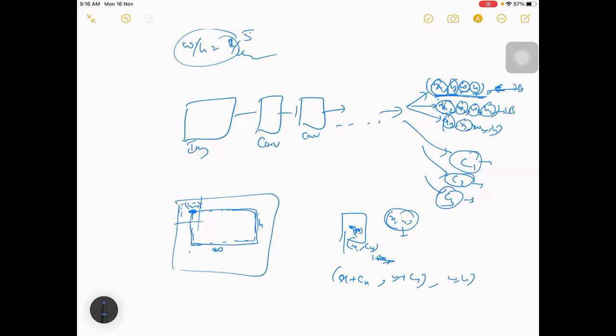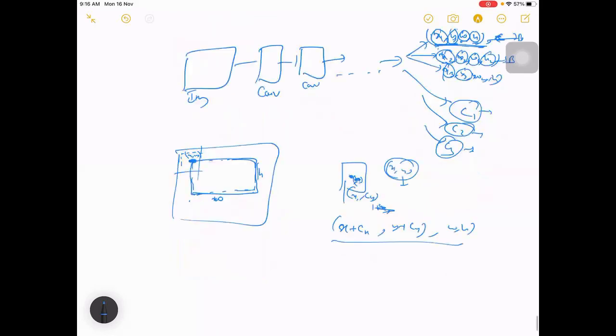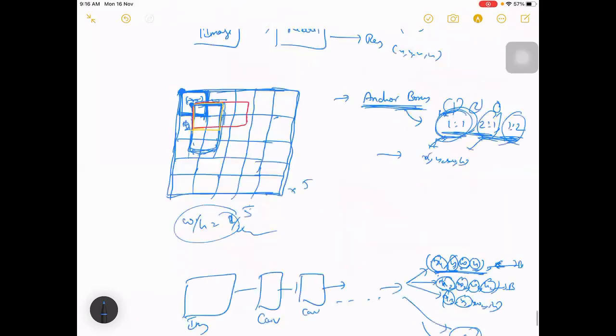And for each box, you should also classify what class it has, right? That's C. So is it a cat or dog or something? It will do a kind of classification. Why do we use anchor boxes here? Because we don't have any region proposals, and we don't want to do a sliding window approach.